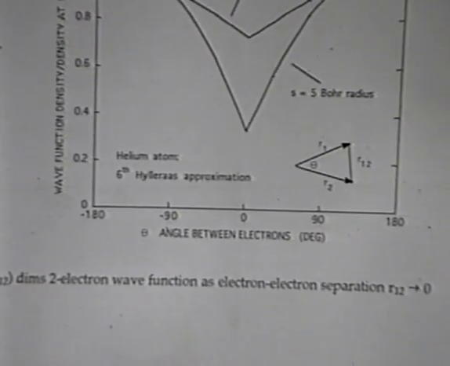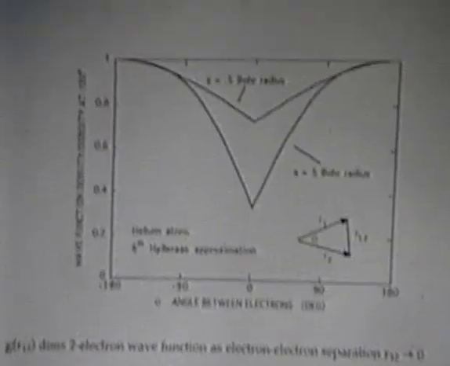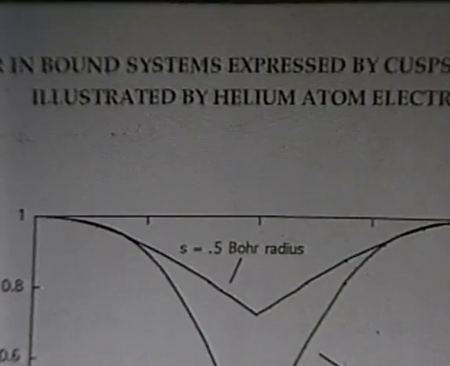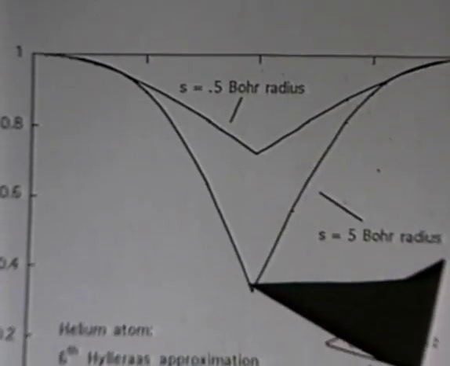What we see here is basically this g of R12 function, which takes on values between 0 and 1. In this case, we are looking at solutions on a sphere, and when we have the two electrons on opposite sides of the nucleus, we have a value of 1. This shows how the two-electron wave function dims as you bring the particles together. This is when they're close to the nucleus, this is when they're far away.